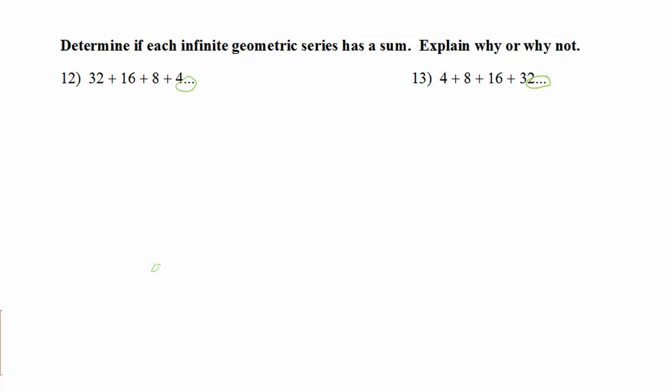that means that either our sum is going to go all the way up to infinity, or our sum is going to end up evening out and going towards some number that we can find. And the way we figure out which of those it is is whether our numbers are getting bigger or getting smaller. If our numbers are getting smaller, like on number 12, that means that it has a sum. So we'd say